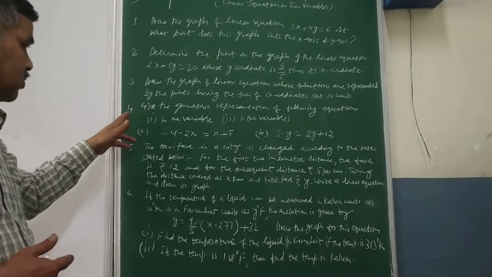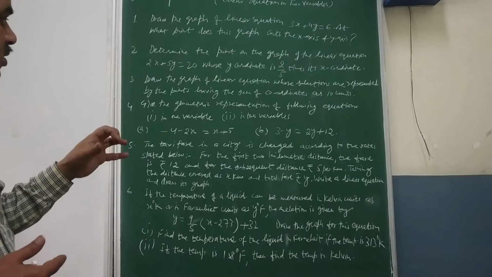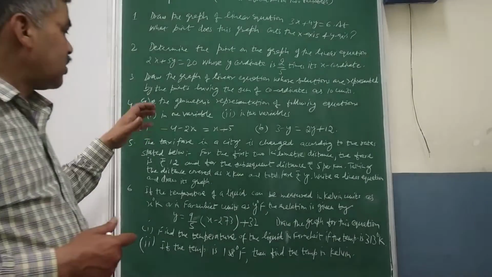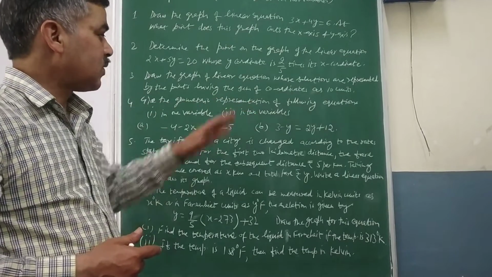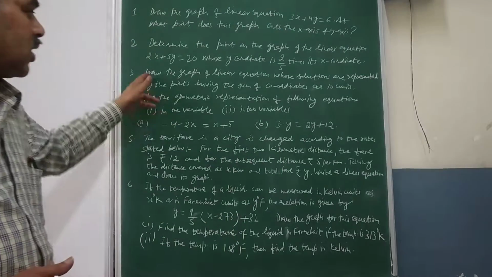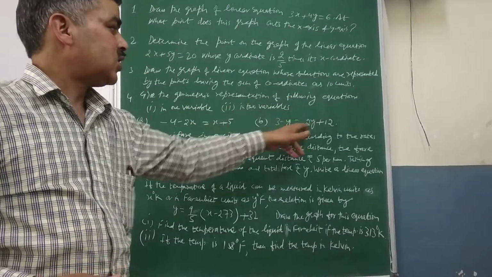Then from the 4 marks question point of view, again in the last exercise of your NCERT, it was asked to represent linear equations in terms of one variable and in terms of two variables. One was related to your x and one was related to your y. That question I have added. One equation is in terms of x and one equation is in terms of y.